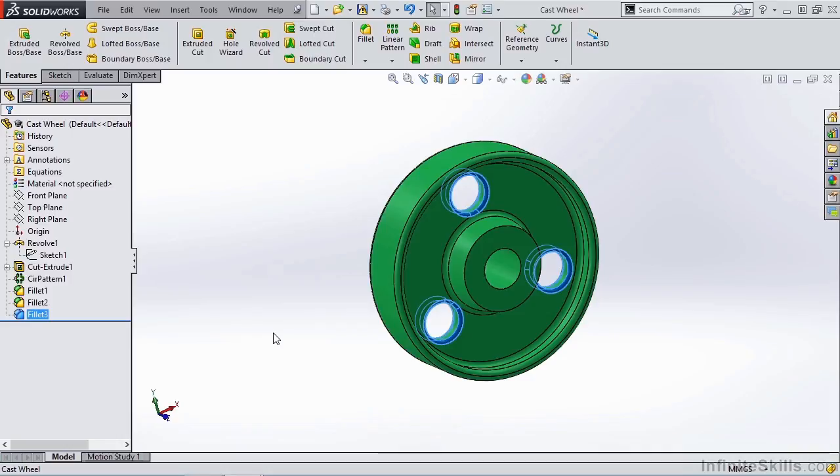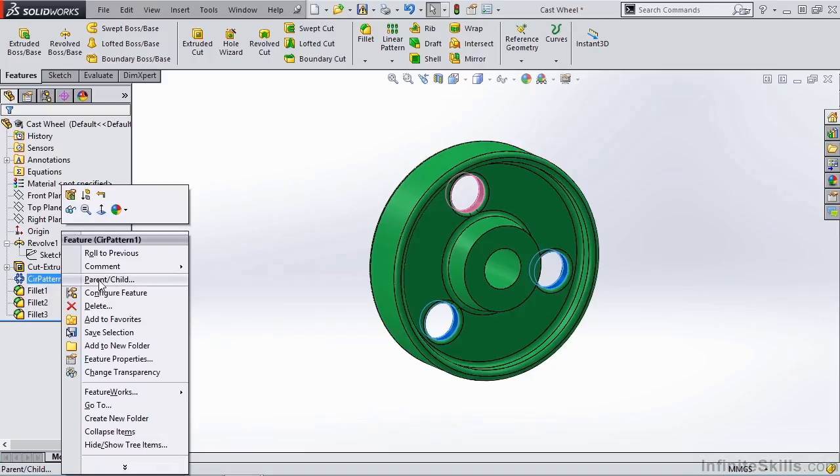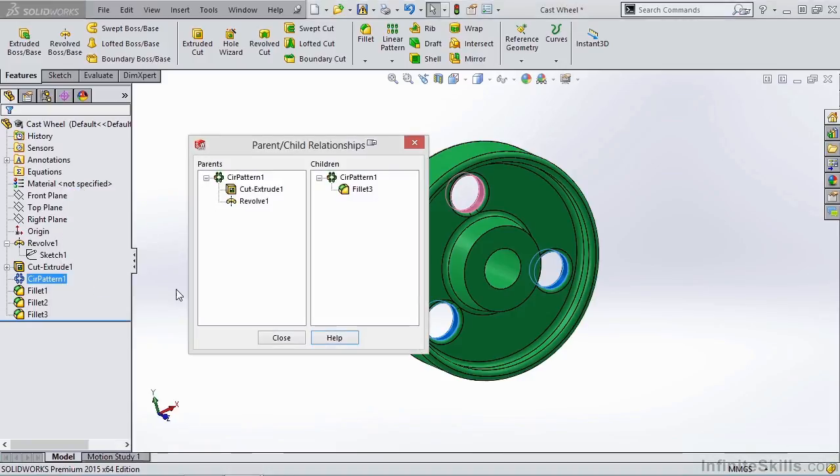To help clarify this, you can right-click on a sketch or a feature in the Feature Manager design tree. For example, if I right-click on Circular Pattern 1 and then select Parent-Child, a dialog box appears. In this dialog box, we see 2 columns. One is labeled Parents and the other Children.